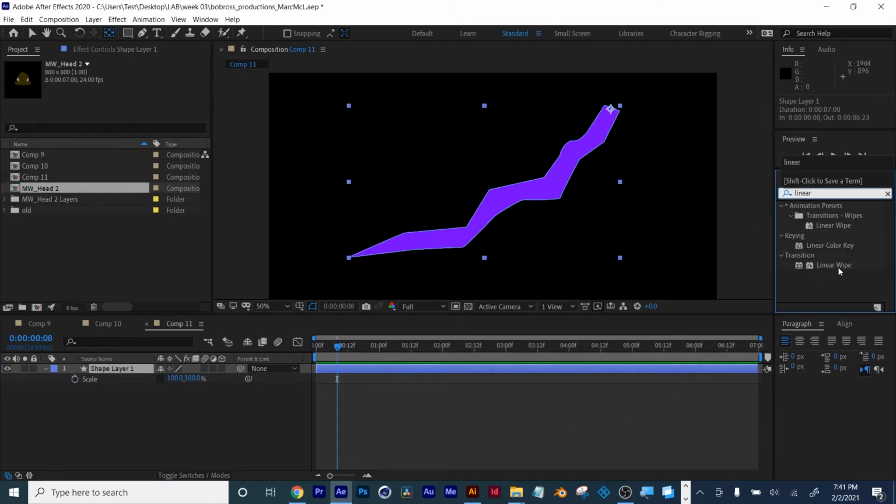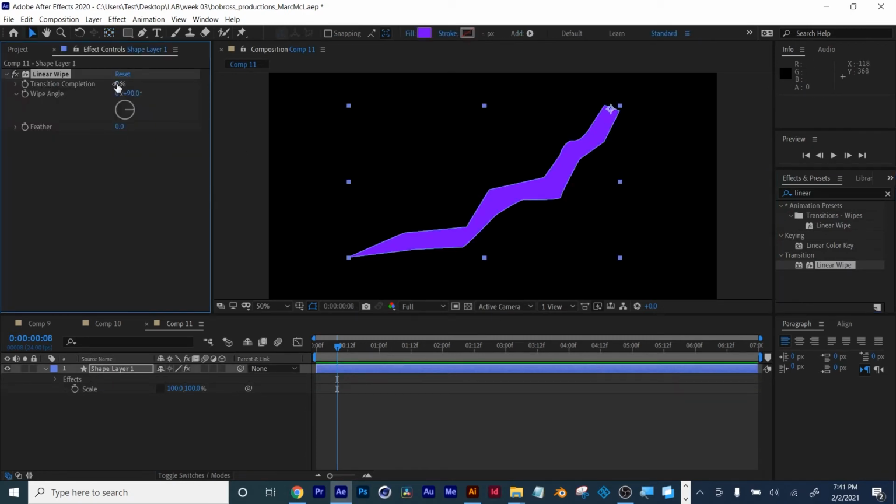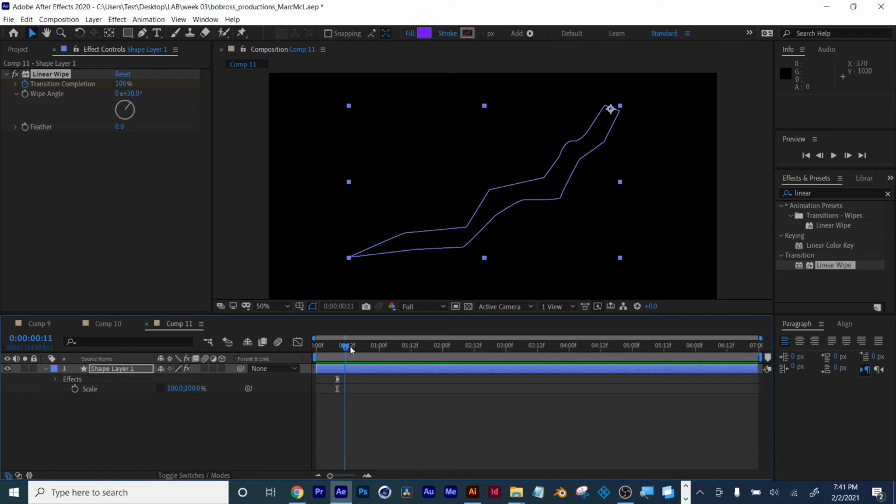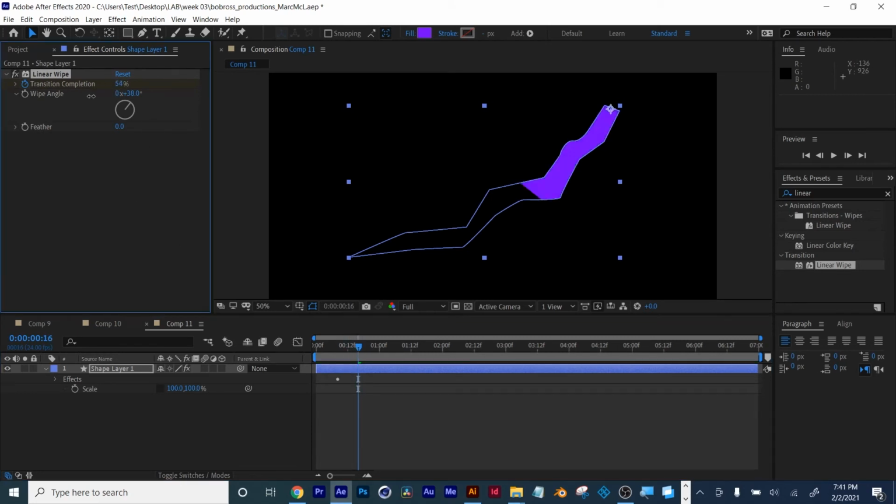Next, I'm going to do a linear wipe effect. And linear wipes, see what's going on there? It'll go from one edge to the next, and you could also pick the angle it's going at, and you could feather it if you want. Do not feather your crack that you're drawing. So let's have it go from that way. If I have it start, the start will either be 100 or 0 based upon your artwork. So if I go forward a little bit,